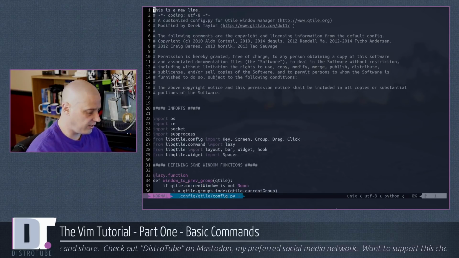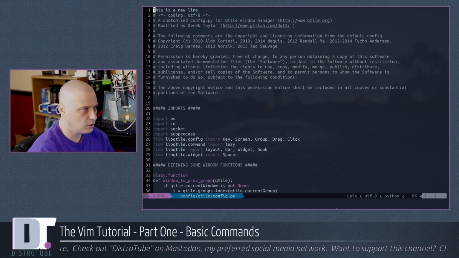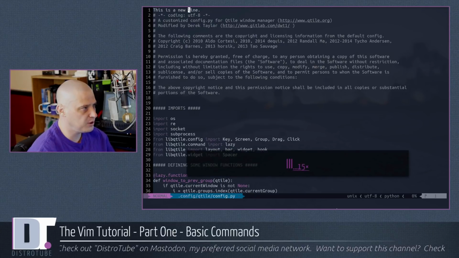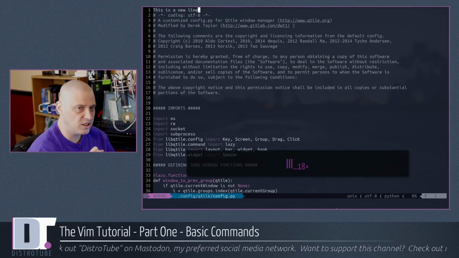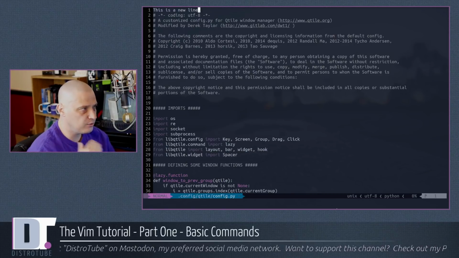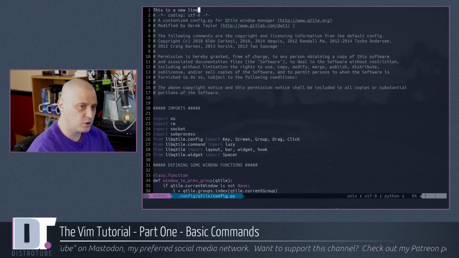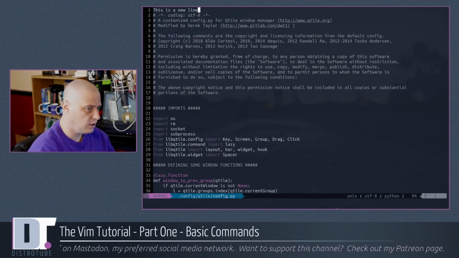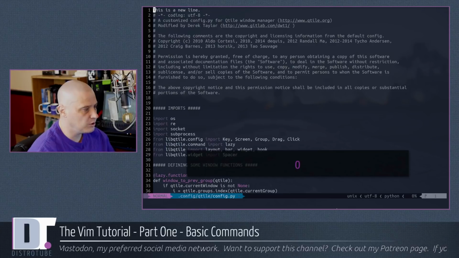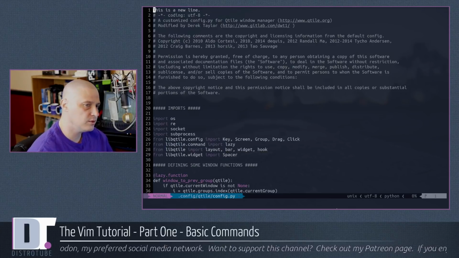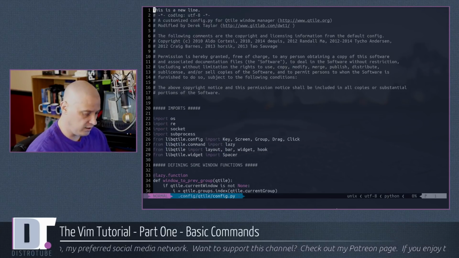So let's play around in this text document a little bit. Let's navigate around. HJKL moves us around in the document. So if I type L to move to the right, I'm going to go to the end of this line. I want to go back to the very first character in this line. How do I do that? Well, to get back to the first character on the line you're on, all you need to do is type 0 on the keyboard. 0 takes you back to the first character of that line.